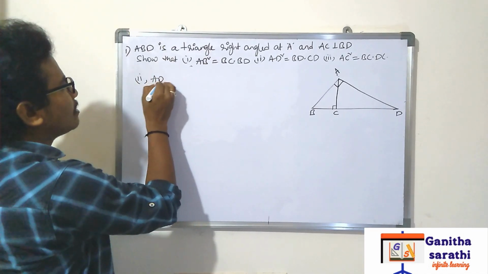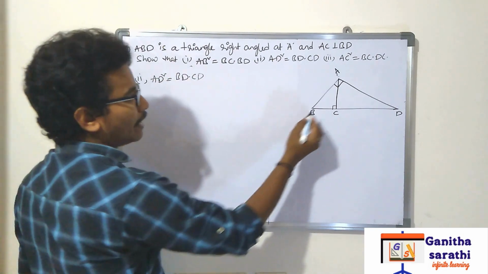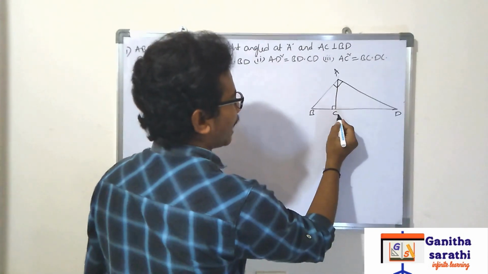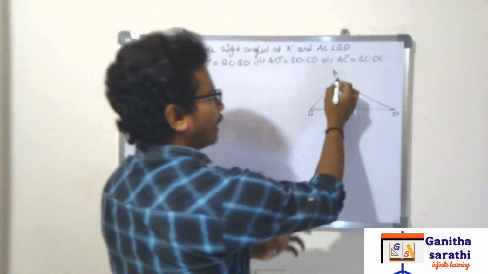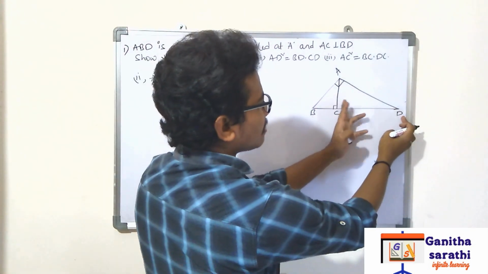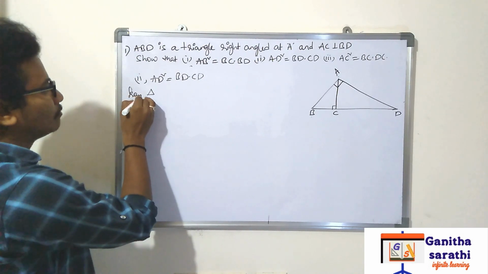AD square is equal to BD into CD. So see, AD is this one. Next BD and CD. So AD, BD, CD. BD means big triangle, CD means this triangle, right? So we should take what? From triangle